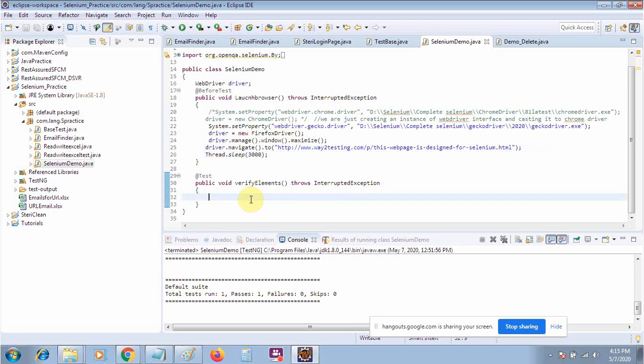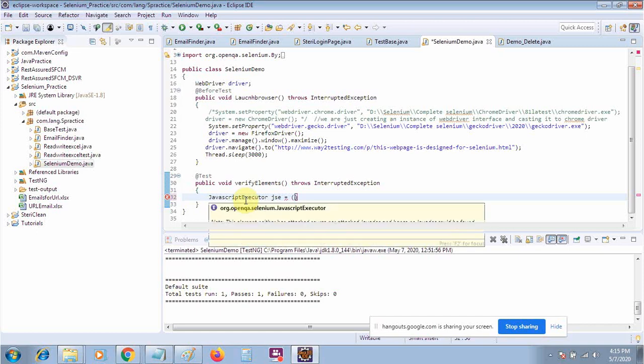I will perform the scroll on my web page. I will create an object of my JavaScriptExecutor interface. I will give it the name JSC. It's an interface, so we will use casting to create the object.